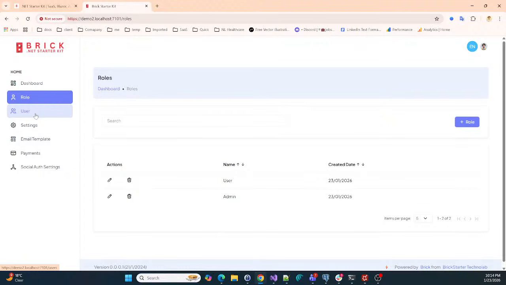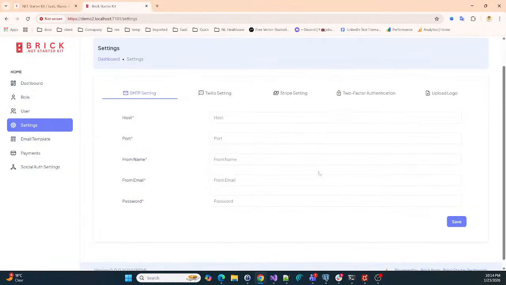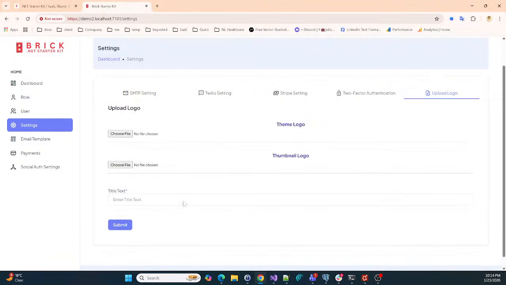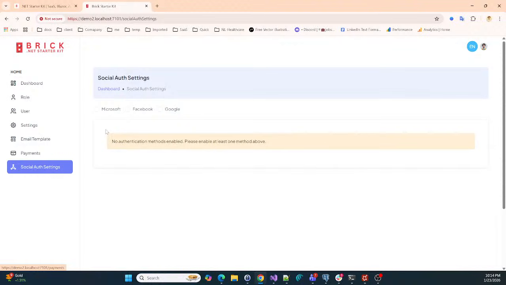Other than this, we have implemented user management, where you can add and manage users based on tenants separately. We have separate settings over here, so you can have your own SMTP settings. Once you create a tenant, as a tenant admin, you can change the text and logo displayed over here and on the login pages. We have email template management, which are all the transactional templates. We have social authentication, where you can enable Microsoft, Facebook, or Google authentication and configure them so that it can be customized to your own